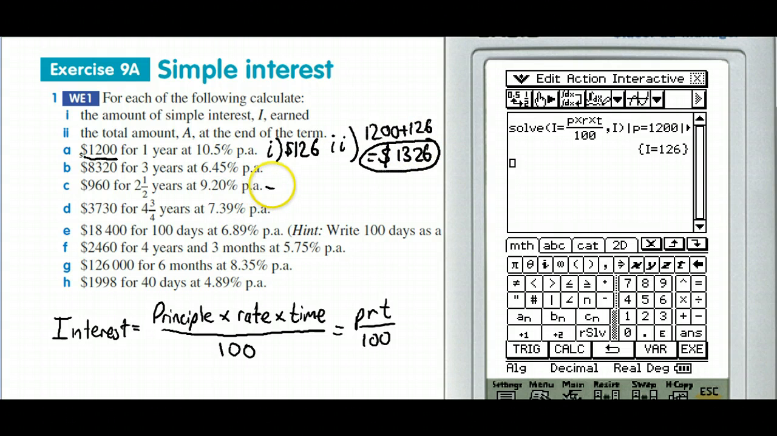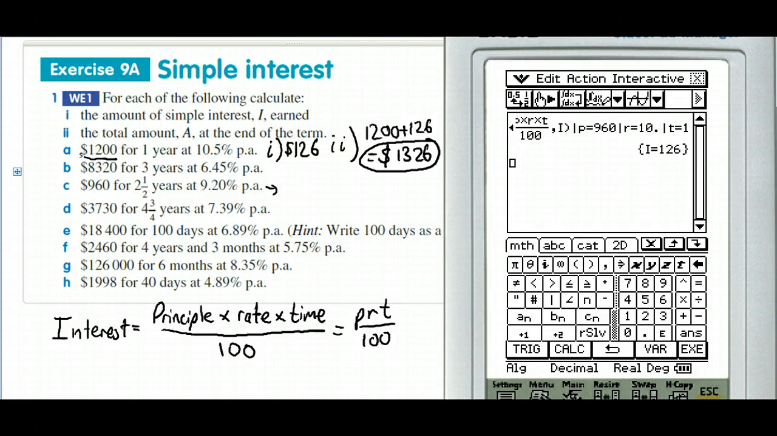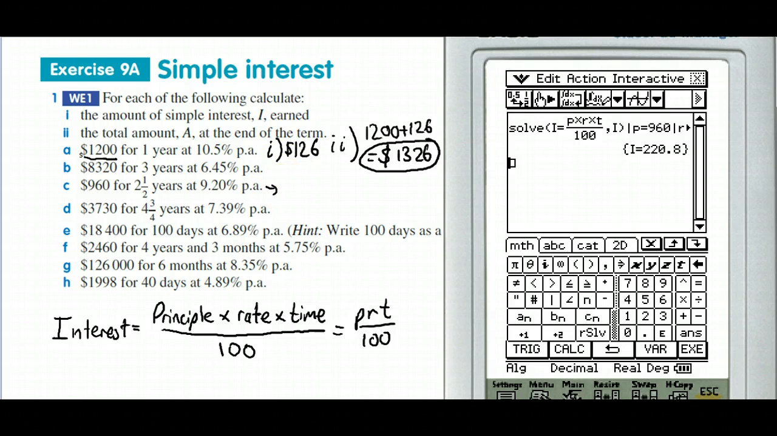Alright, let's do this one here, C. This time we've got $960, 2.5 years at 9.2% per annum. Okay, we don't need to rewrite the whole equation. All we need to do is go into our first equation now and just change the numbers that are in there. So we'll change it to 960. And the rate of interest this time is 9.2, and the amount of time is 2.5 years, and press enter, and it tells us that the amount of interest earned